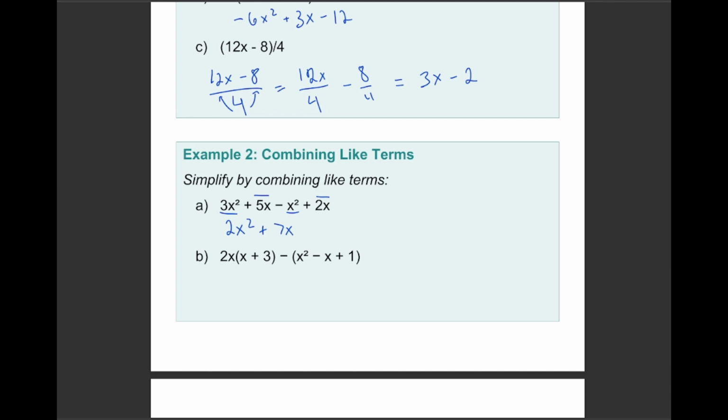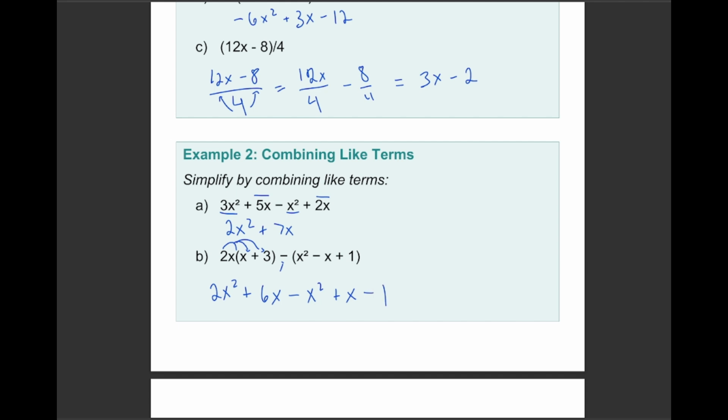Now for the next one, we have a couple different distributions to do. So first off, we need to distribute the 2x to the x and the 3. And then we need to handle this negative in here as well. So to carry out that first operation, I have 2x times x is 2x squared. Now I have 2x times 3, so that's a plus 6x. And now I need to distribute the minus to each of those three terms on the right. So that looks like minus x squared plus x, since I have a minus times a minus there, and then